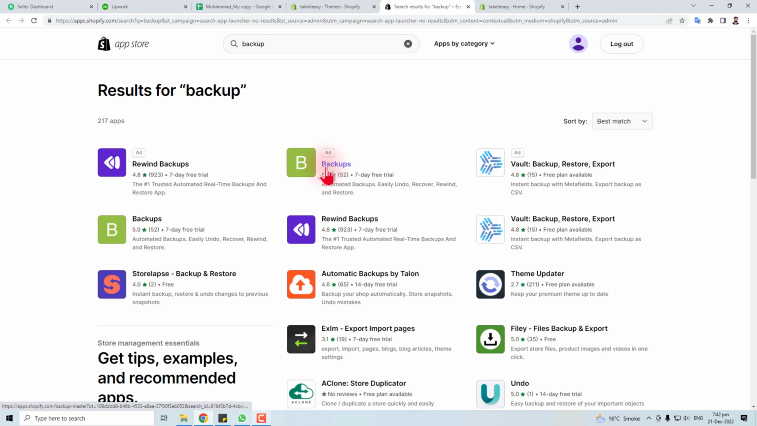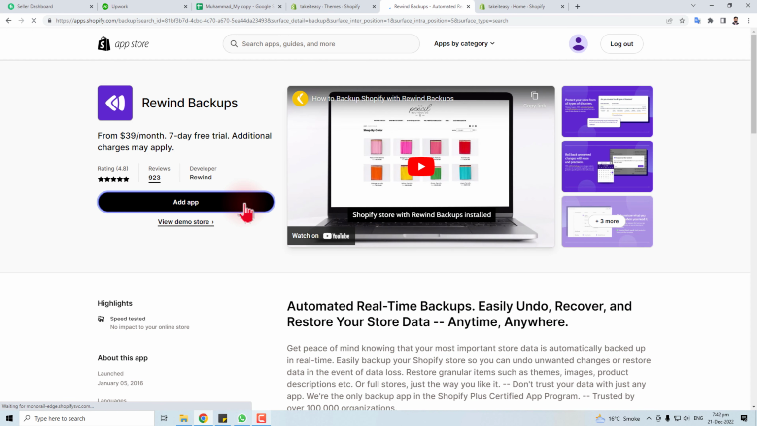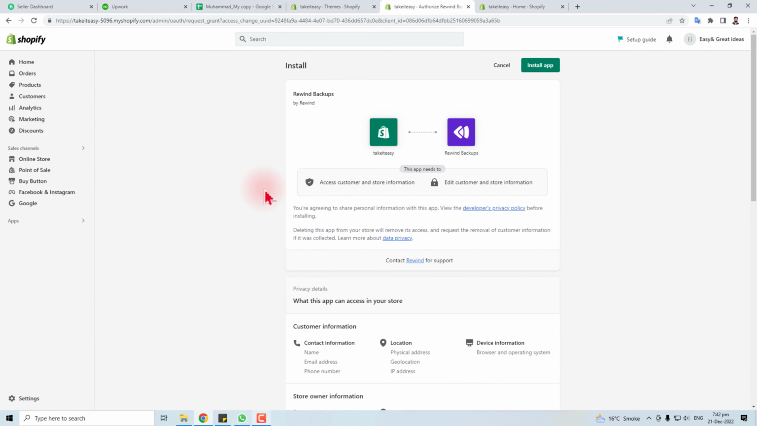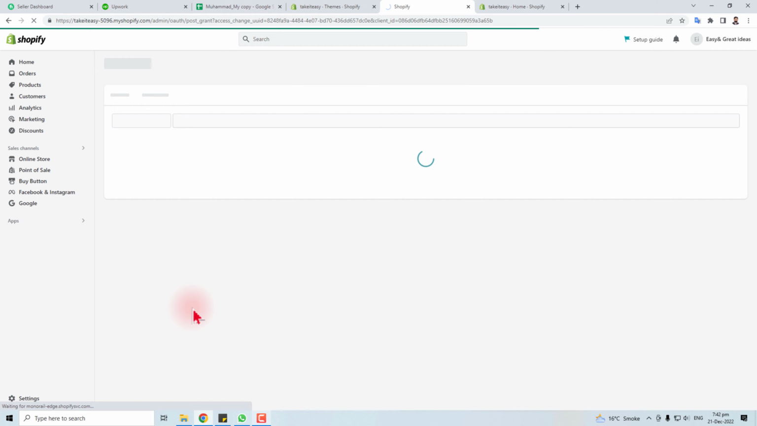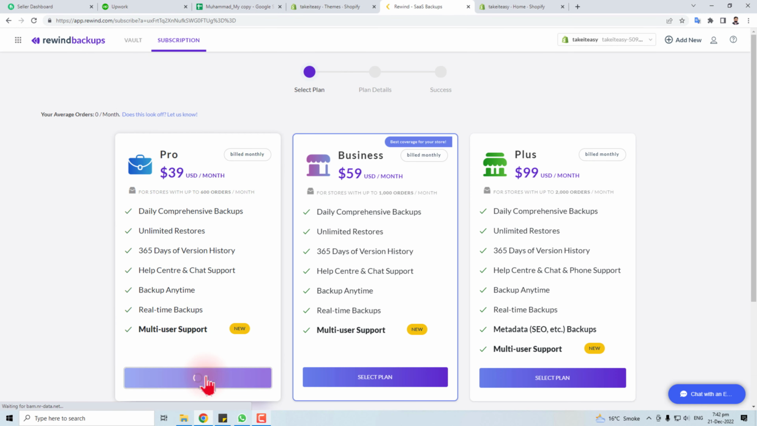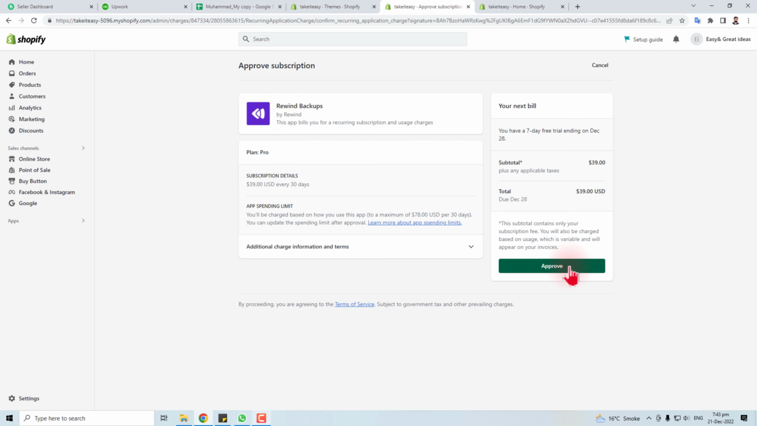You can see here is another app. Here is another app. You can install this one. Add app. Now you have to install this app. You have to select a plan, approve this,